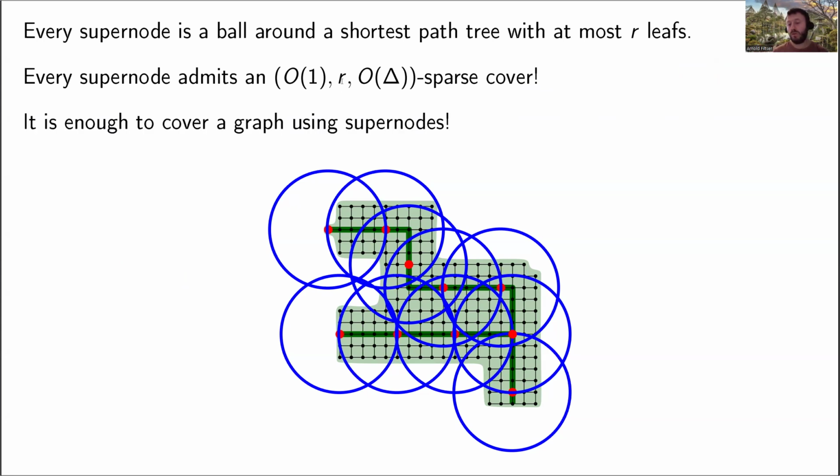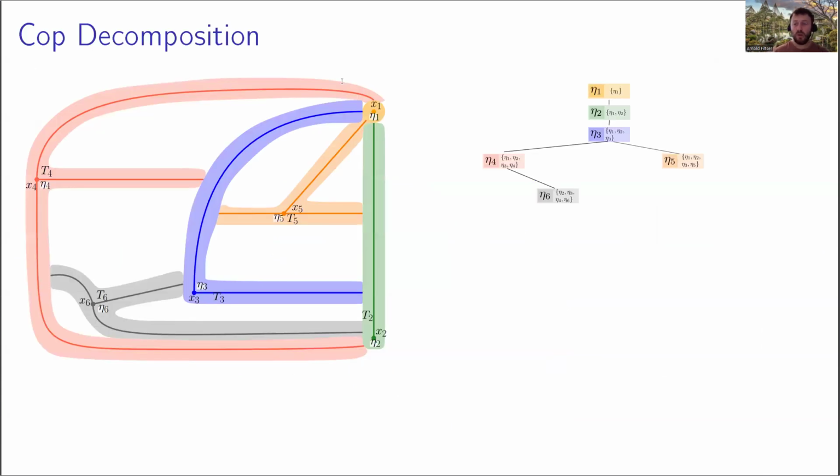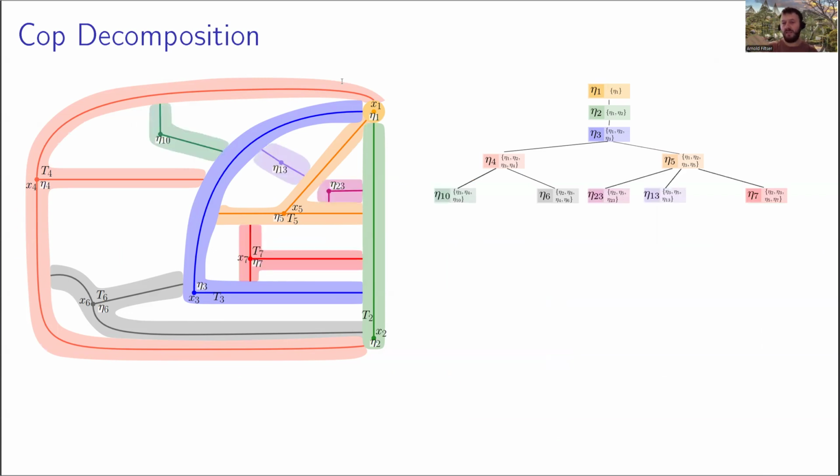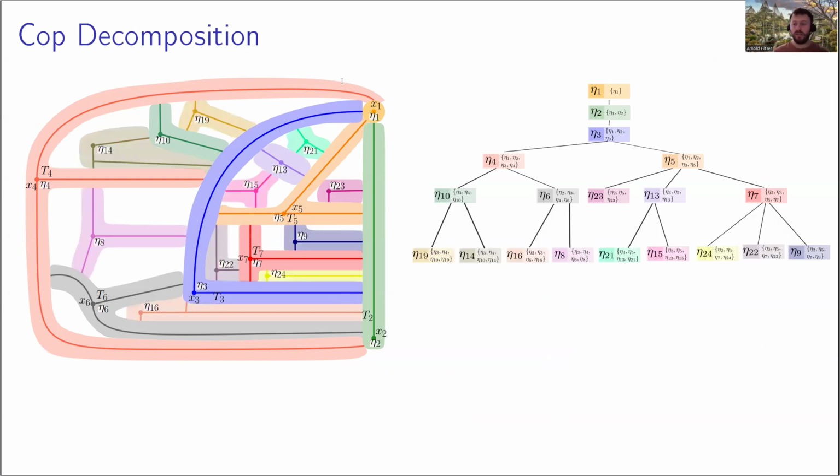Okay, and so the bottom line is that it's enough to construct a sparse cover using supernodes, and this will imply by itself a sparse cover. So these were our supernodes, and you can see that this construction of the supernodes is in a tree fashion. Each time we construct a supernode, it has a parent, which was the last created supernode that I can reach. So now we construct more and more and create this tree structure